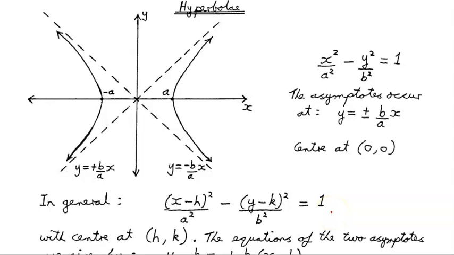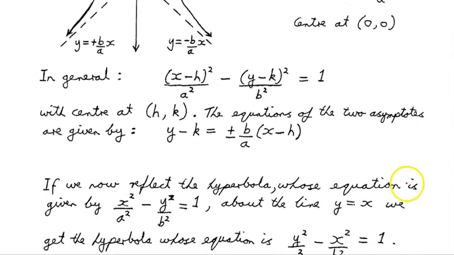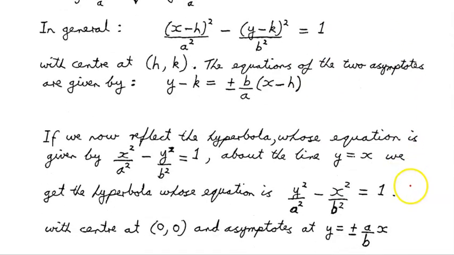That then I think covers everything I wanted to do with that. Now, that's the other thing I want to do. Here it is. Now, if we reflect the hyperbola, whose equation is given by x squared on a squared minus y squared on b squared equals 1, about the line y equals x,